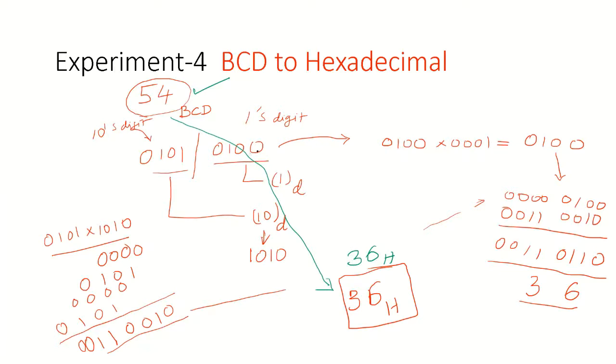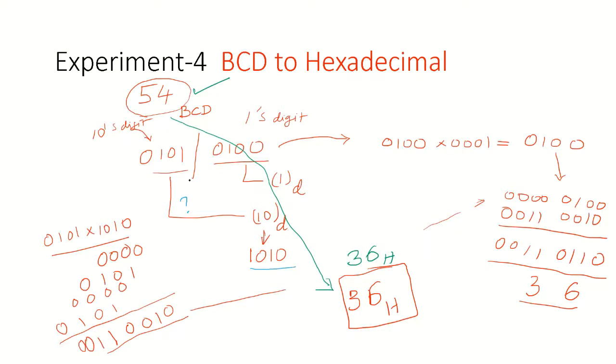1 into anything will be the number which you are multiplying, right? So I don't think this is needed. That is why we don't do this one, but this we should do. What is this operation? This is the multiplication of the higher byte number, which is 5, with the decimal number 10. The controller will not do addition, subtraction, multiplication, division in decimal format. It will be doing hexadecimal or binary format, right? So that is why this 10 is converted to 1010.